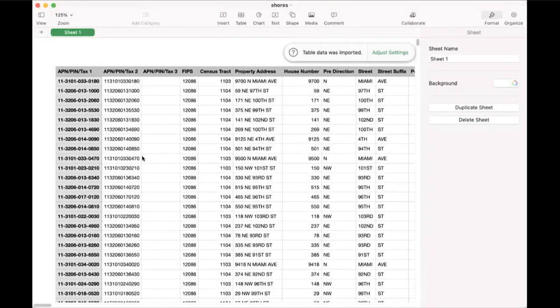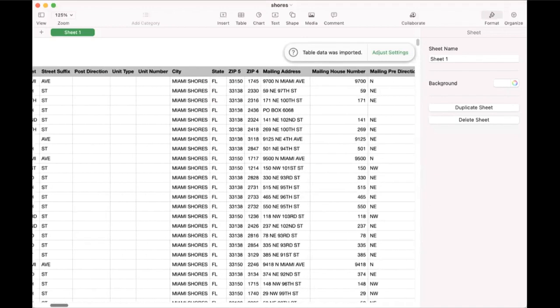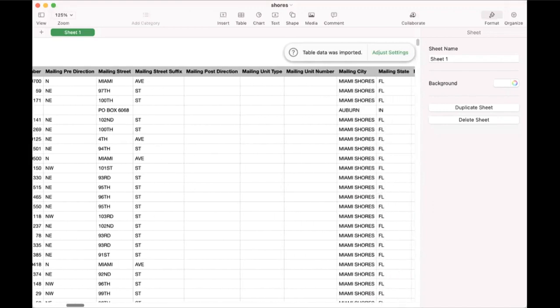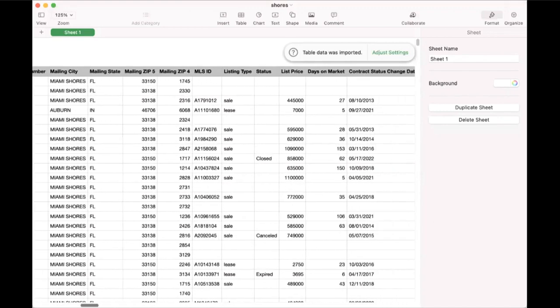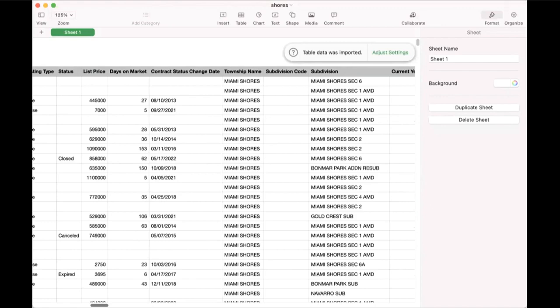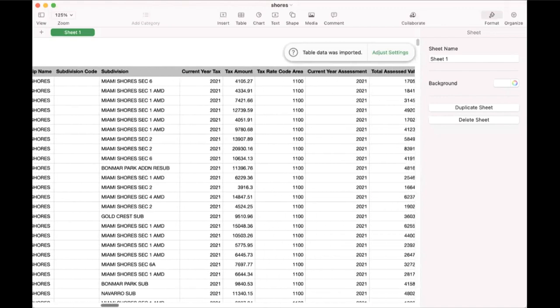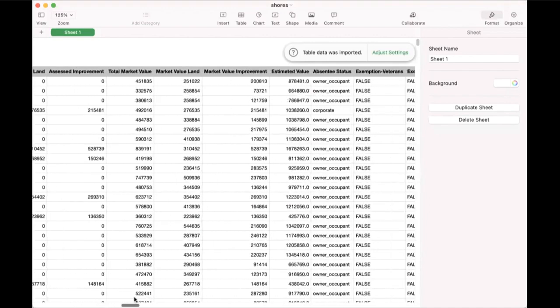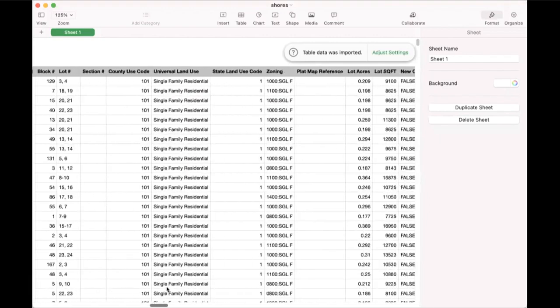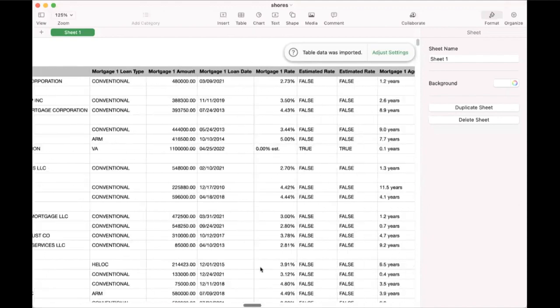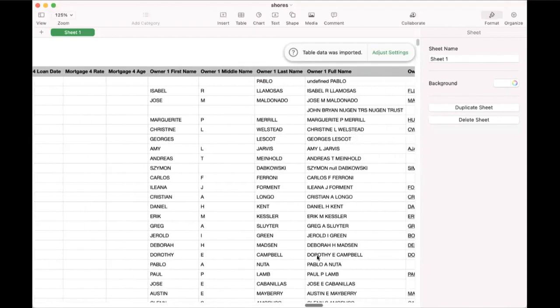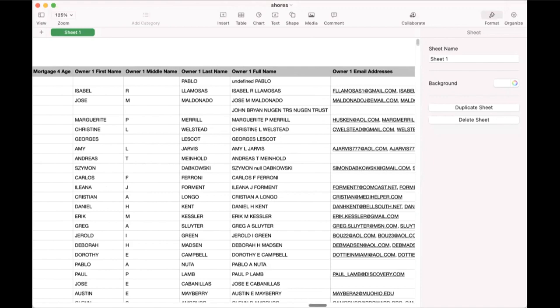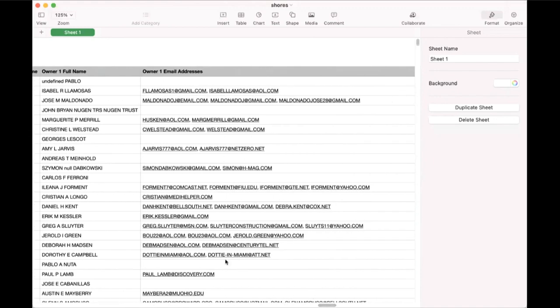All right, so you guys are now looking at my spreadsheet. It does have all the information for each property. If you scroll all the way to the right, by the way, it has everything from the mailing address to the property address. It has the sales history. It has tax amounts. It has the market values, the mortgage history, everything. Everything you ever wanted to know about a property is on the spreadsheet. All the way to the right, you're going to see homeowners. You're going to see their email addresses. So this is an excellent